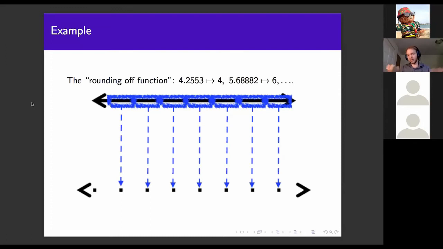Let's think about it for a minute. Like what's the worst that can happen? You can take 4.49 and 4.51. Those numbers are really close, but they're going far apart, but never more than 1 apart, right? The one's going to 4 and the one's going to 5. So this is kind of a good one to take home with a pencil and just check that you believe that points are never being stretched further apart than they were plus 1.